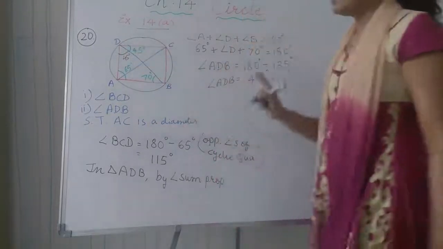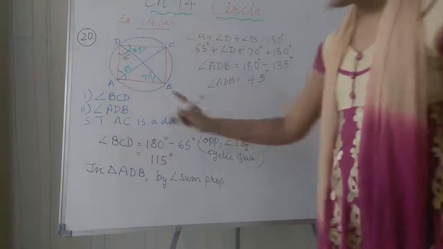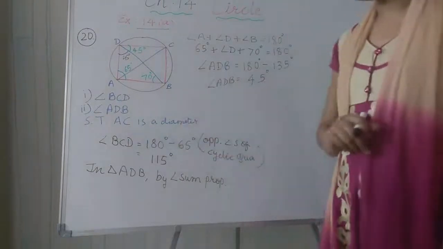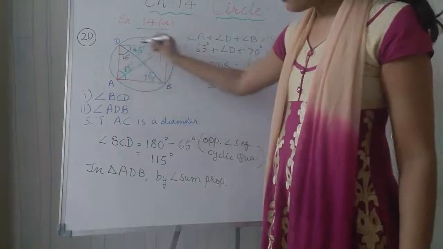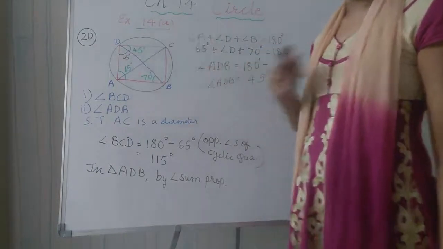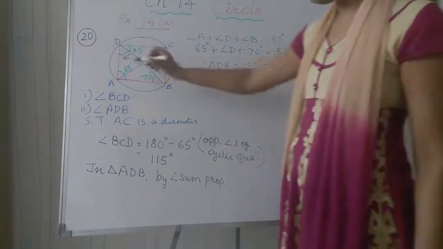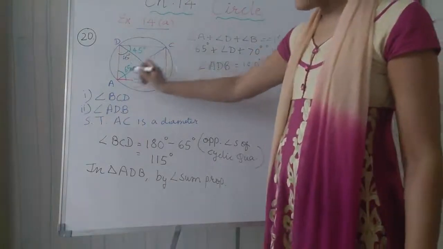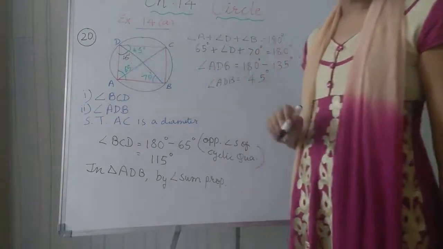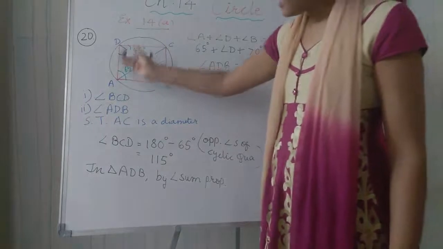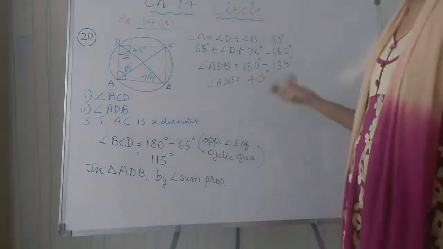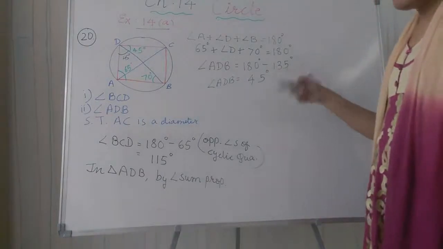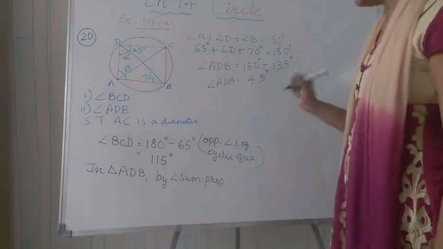Now the third thing we want to show is that AC is a diameter. So now you see this is AC drawn here. You want to show that ADC must be 90 degrees, because that angle is formed in a semicircle at the circumference. Already you can see ADC is 45 plus 45, 90 degrees. So what we want to show is already proved here, but how to write it down, that is the main thing.